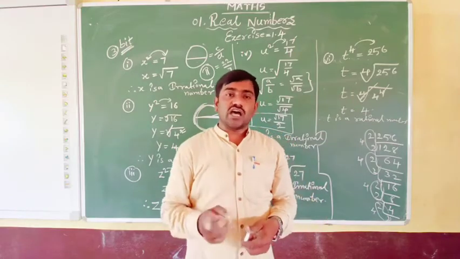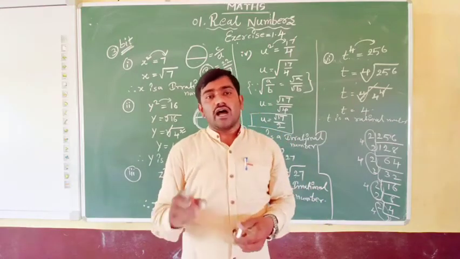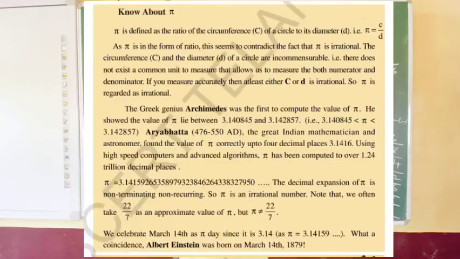That theory is also present in your textbook. I will display it on the screen. You can see why pi is called an irrational number. Go through this theory completely so that you will come to know why pi is called irrational. If you calculate the circumference of a circle or the diameter, they will not be constant values. It's only approximate values. It's not a constant value.